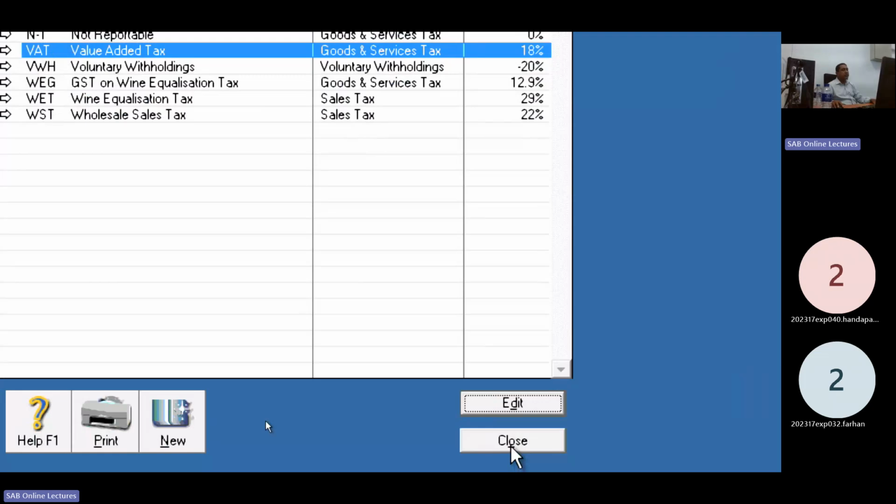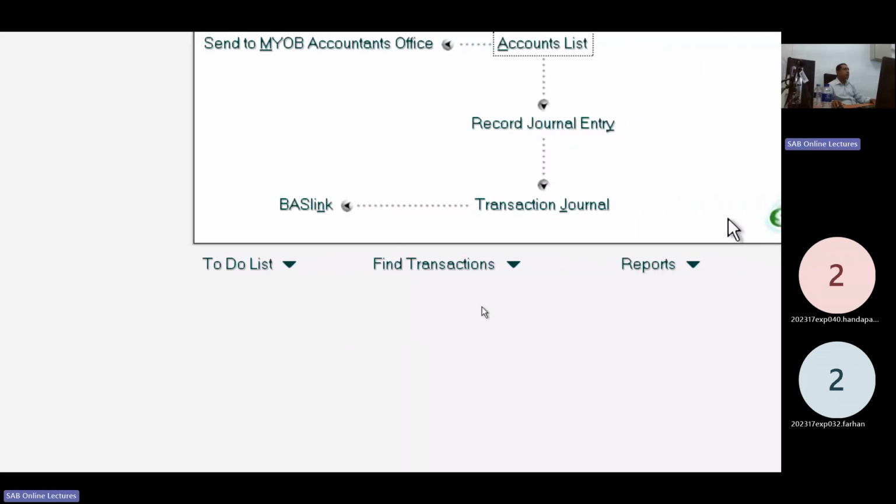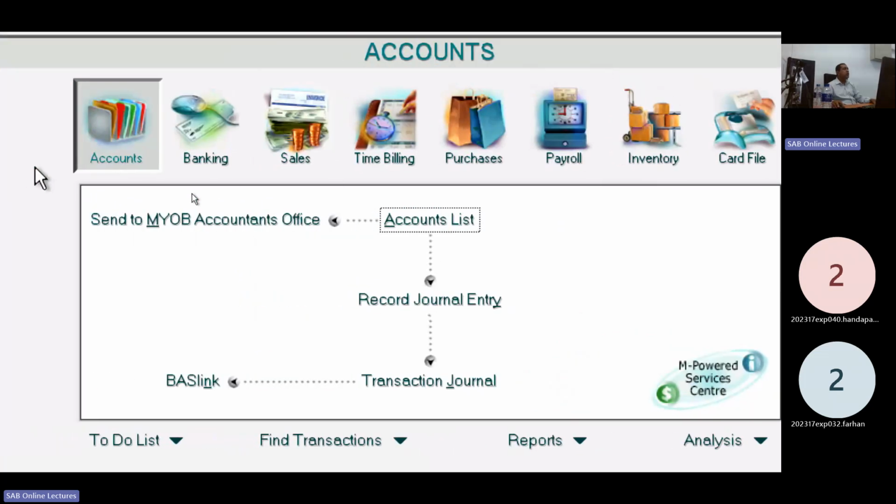Close this application. Again, now we are in the main window. Do not open unnecessary windows. If you complete the task, close the sub window.